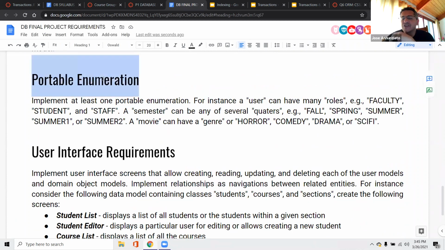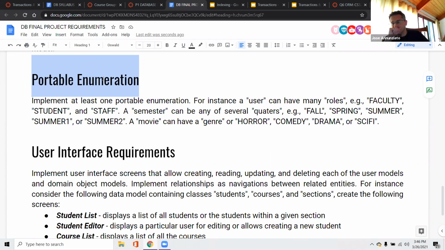Then a portable enumeration, right? Remember, these are classes that have values in them. They're not records. I mean, obviously they're implemented as records, but they're not meant as records, as in I update records and I insert and whatnot. They're usually read-only records that have valid values for that other